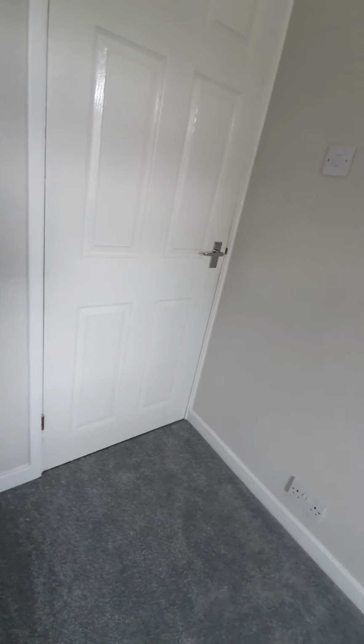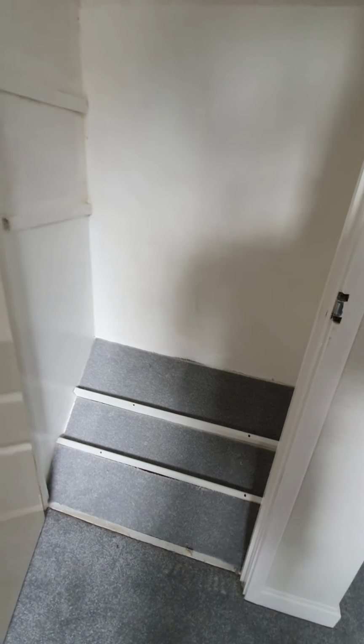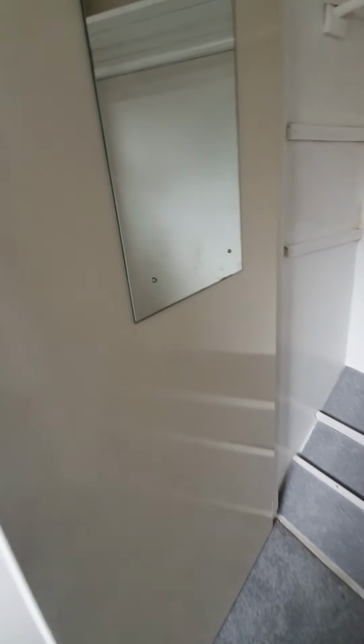And then back at the door. Flooring is brand new, matching the rest of the bedrooms with no hairs, no dirt, no stains, no odour. And then your storage. So your door is clean with no damage. You just be careful how you open it. Inside is empty, ready to use. Mirror could do with an extra clean due to fingerprints. And then around